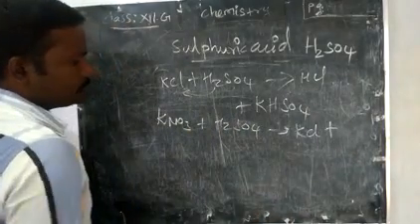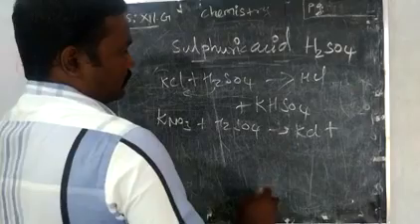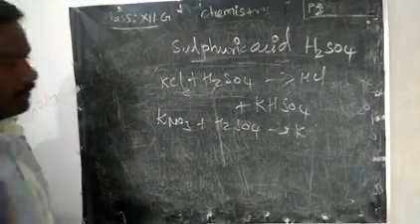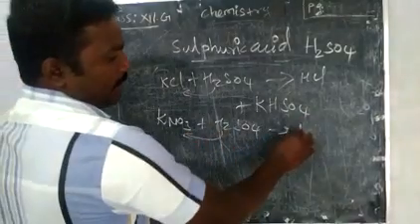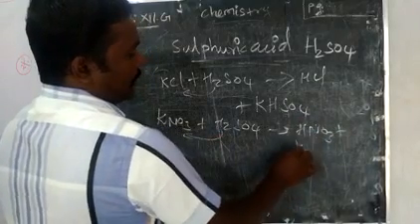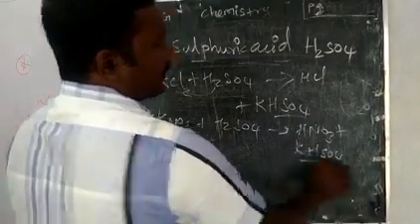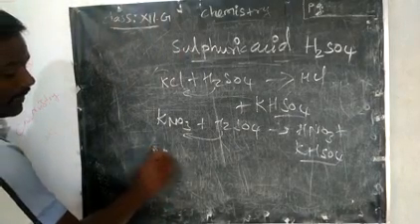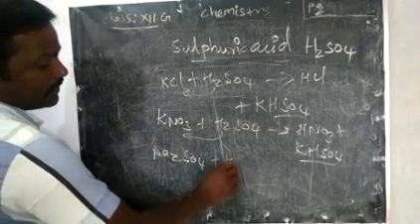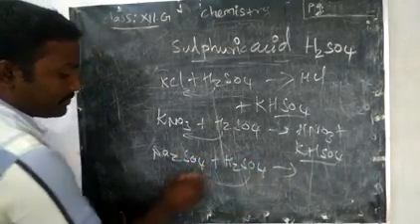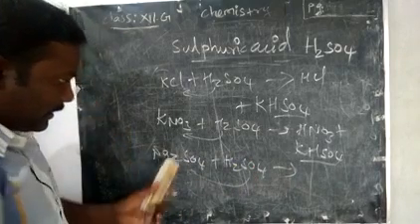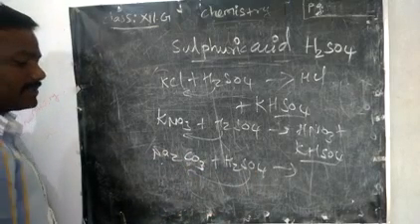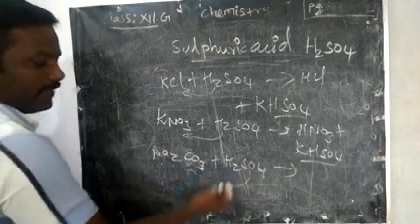KNO3 here, not KCl, HNO3 will form. Yes, the hydrogen with NO3, HNO3 with potassium bisulfate. In both we are getting potassium bisulfate. Sodium carbonate, what will happen? Na2CO3 with H2SO4. Sodium sulfate, Na2SO4. Already we have sodium carbonate, so we will get sodium sulfate. CO3 becoming CO2, then water.